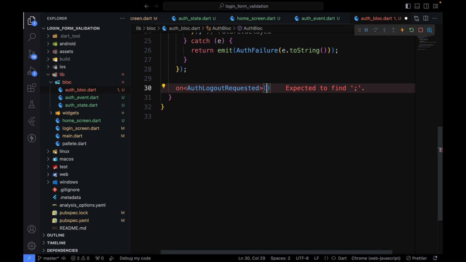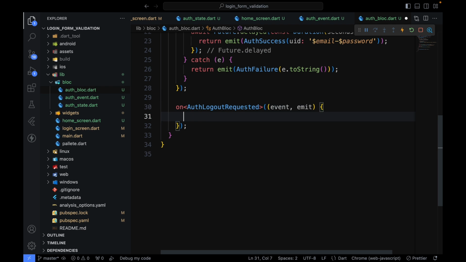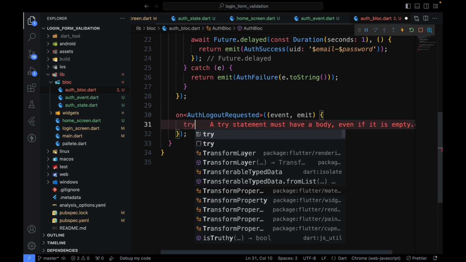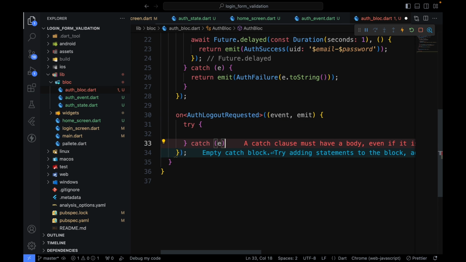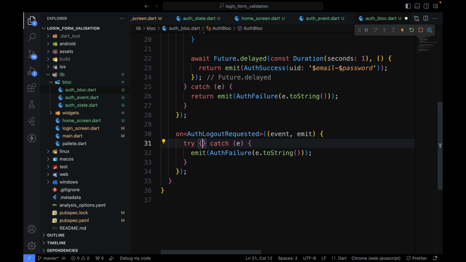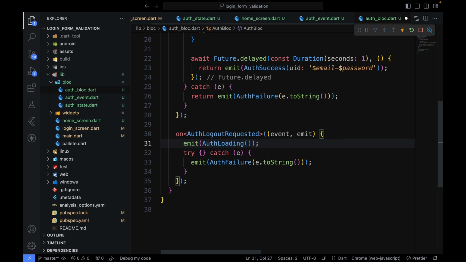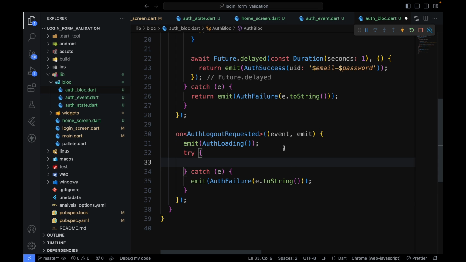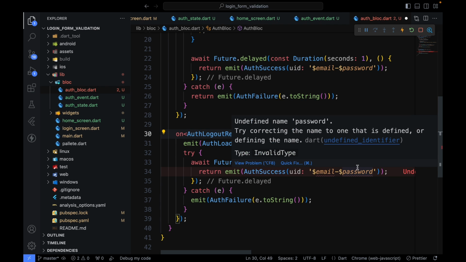So once that is done, I will get access to event. I'll get access to emit. And based on that, I will log the user out. So I can again just do try catch e, and I will emit auth failure just in case some unexpected error occurred. And over here, first thing I'm going to do is again emit auth loading, so that we tell the user that the loading is happening. And after that, I want to just use async over here, and then I'll await Future.delayed of 1 second, and we'll emit,